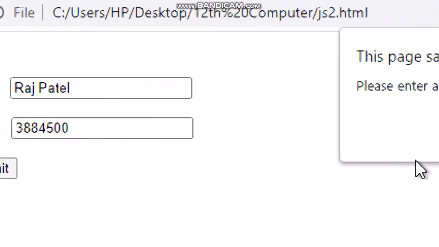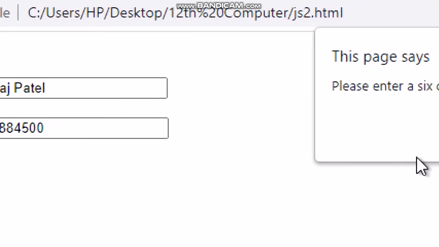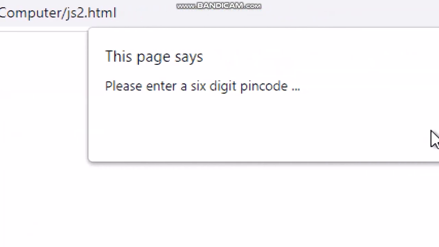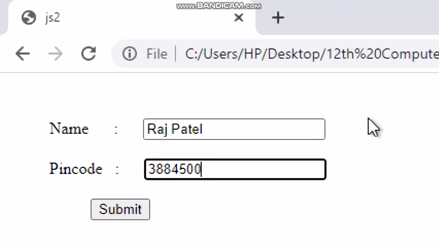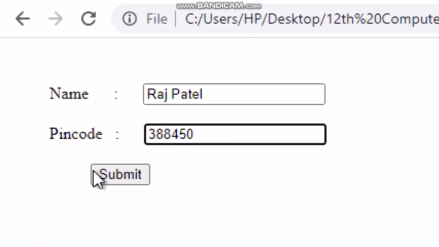A message will be displayed in the alert box: please enter a 6-digit pin code. Now let us enter the pin code properly. So remove this 0. So now the pin code is of 6 digits. Press the submit button. Since both the name and pin code fields are properly entered, the form will be submitted.